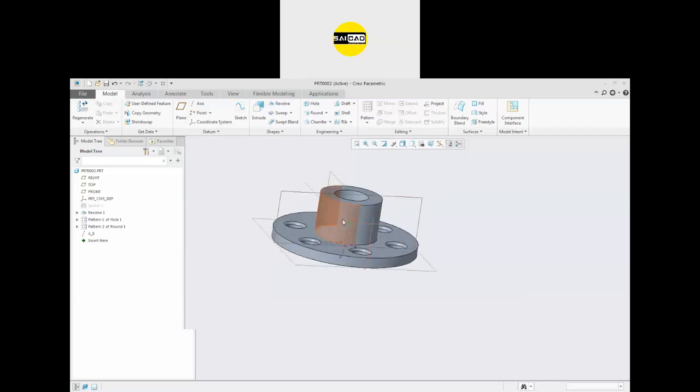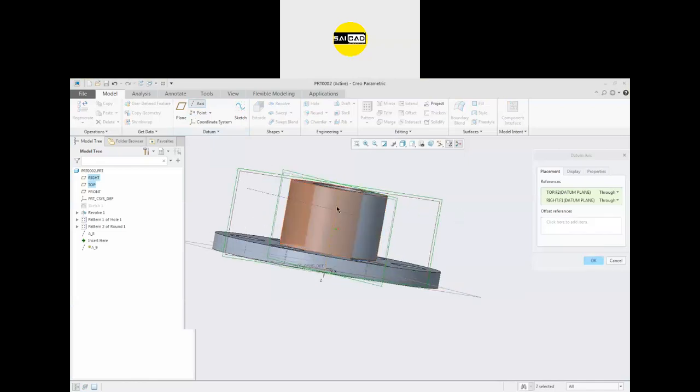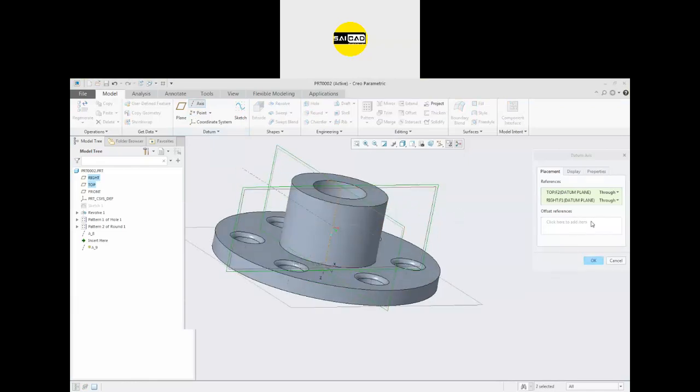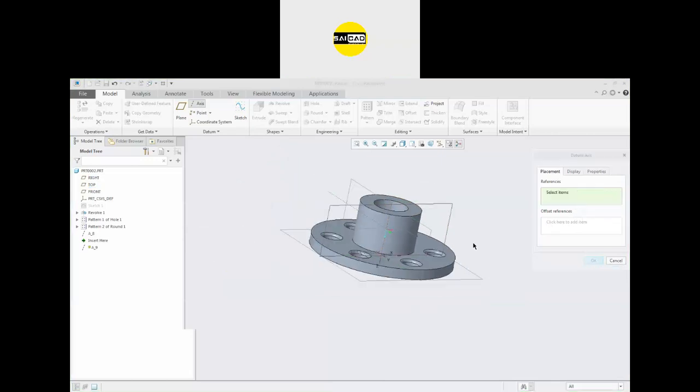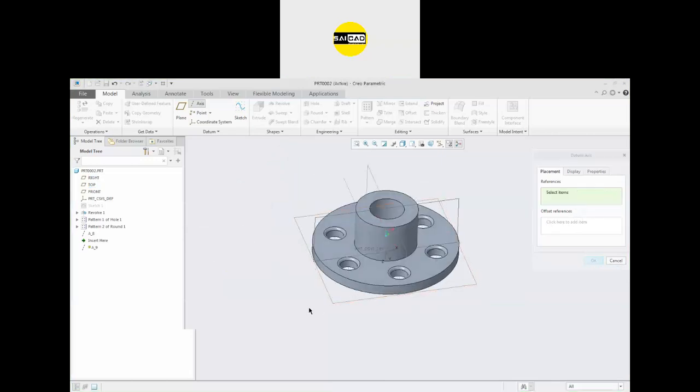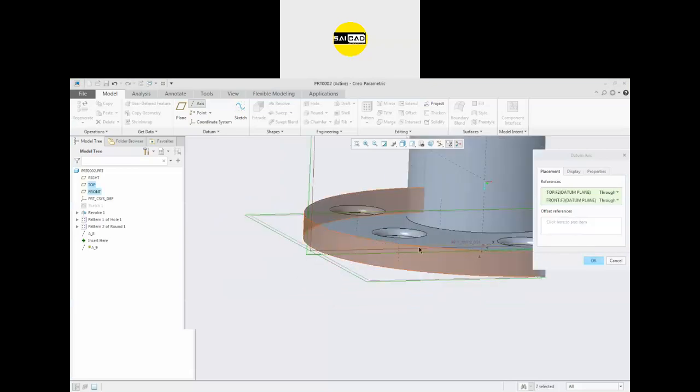So you can select the plane and define. Go to the axis, select this one, and you can see at the intersection there can be an axis again. For the new axis, I want to create an axis at the intersection of this one and this one. You can see the axis can be created down there.